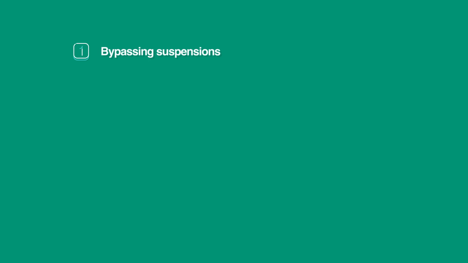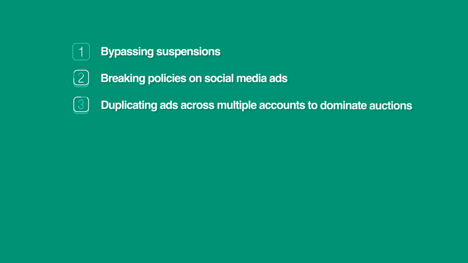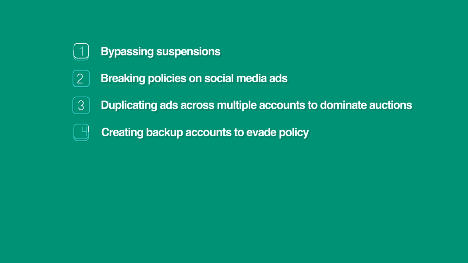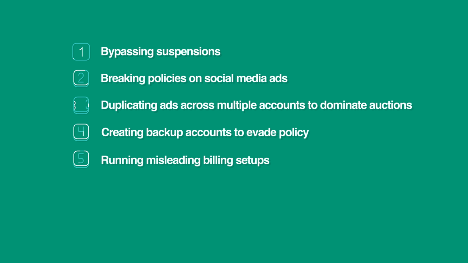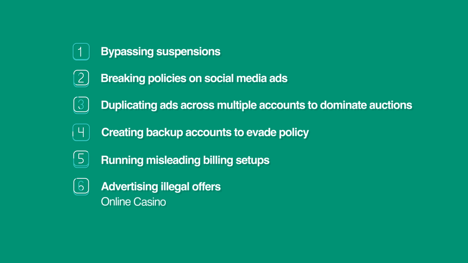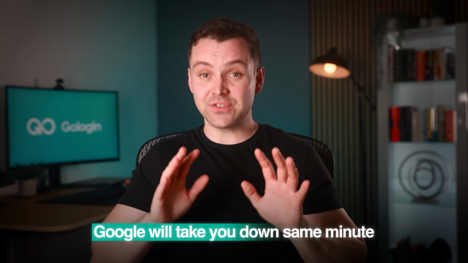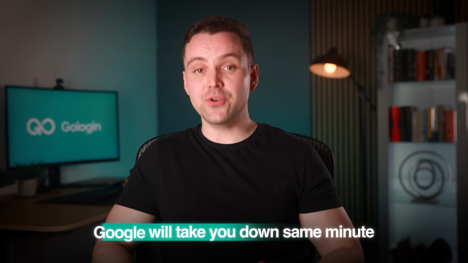Now, what Google does not allow: bypassing suspensions, breaking policies on social media ads, duplicating ads across multiple accounts to dominate auctions, creating backup accounts to evade policy, running misleading billing setups, advertising illegal offers, for example, online casino. If you break some rules and try to restart in a new account, Google will take you down the same minute. You know, Google may not reply to support tickets fast, but when it's about violations, they will take you down